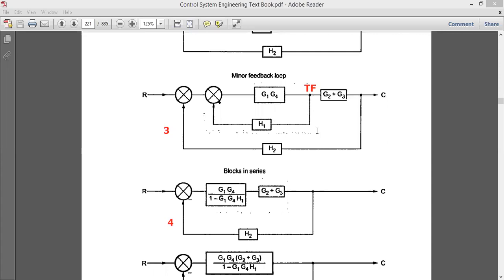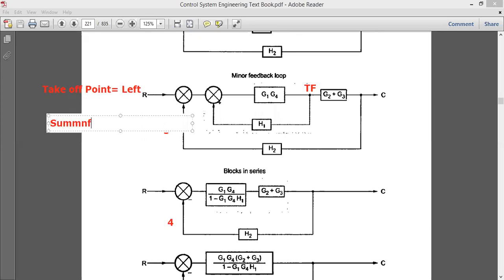So what is my next method so that I have to remove this takeoff point and it should be shifted towards the left? Always remember, takeoff points should always be on the left side. Always. You can see I've written it here just so that there should not be any confusion.